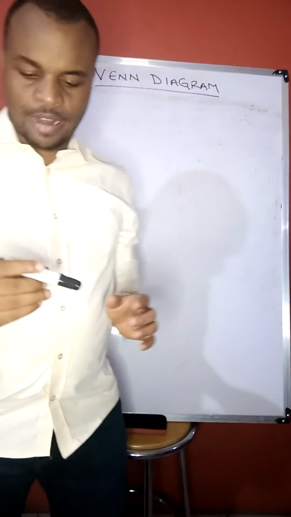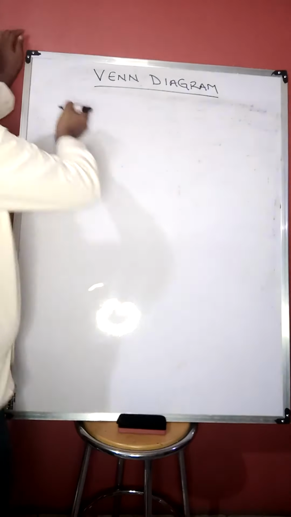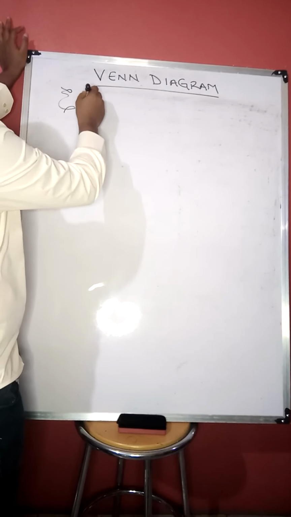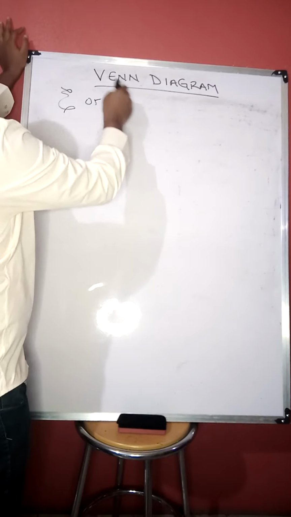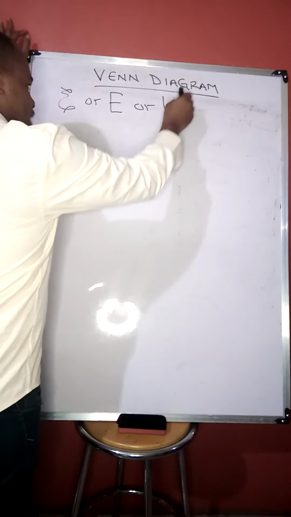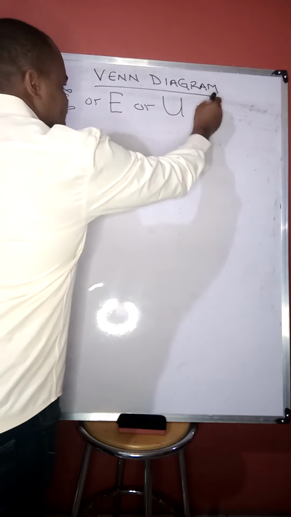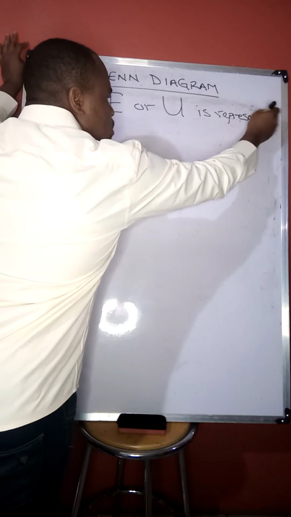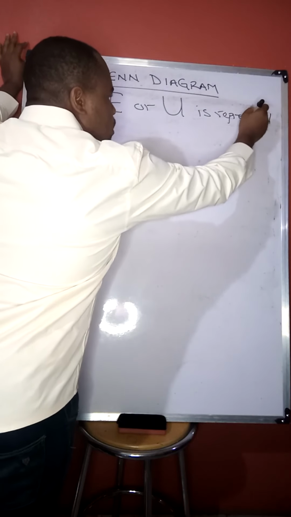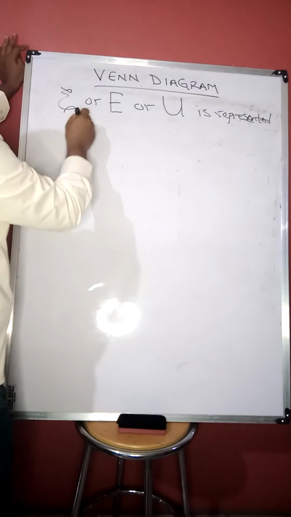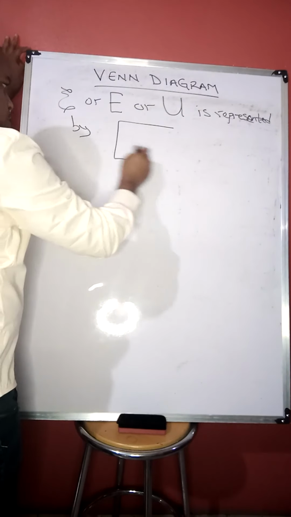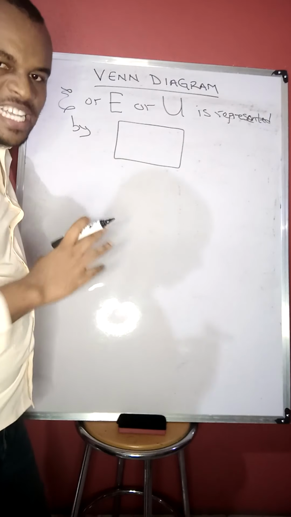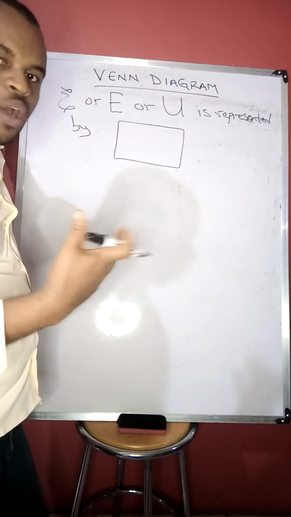Alright, for Venn diagram, you must note that your universal set, I told you the signs for the universal set, either this or you have a capital E or you have a capital U, is represented by a rectangle. We represent our universal set by a rectangle, while other sets